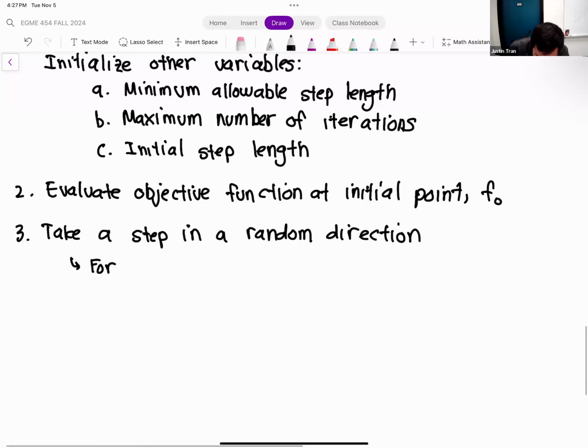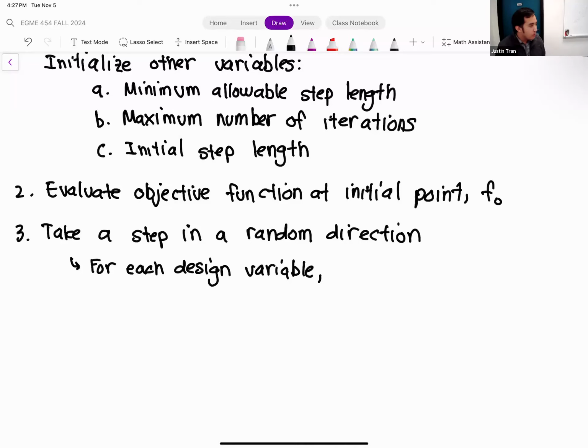For each design variable that you have, if you have a two-dimensional problem, you're going to sample two random variables. If you have a three-dimensional problem, you have three random variables. For each design variable, we're going to sample a random number, and the random number is going to be between -1 and 1.